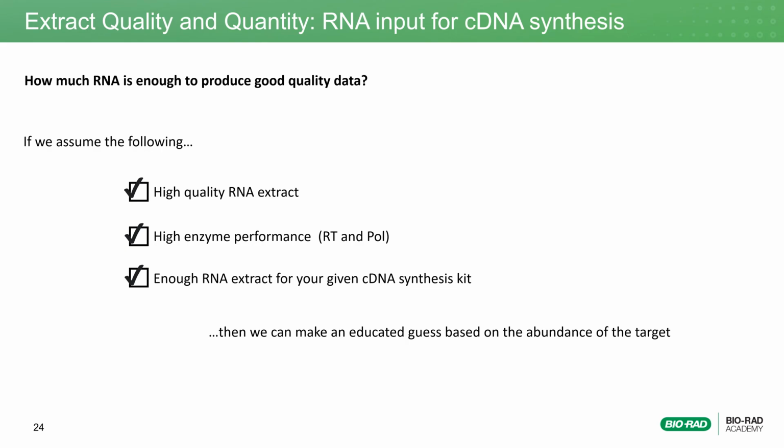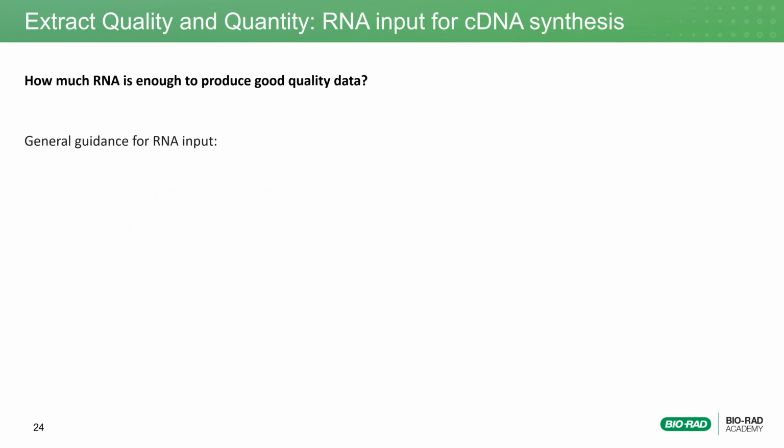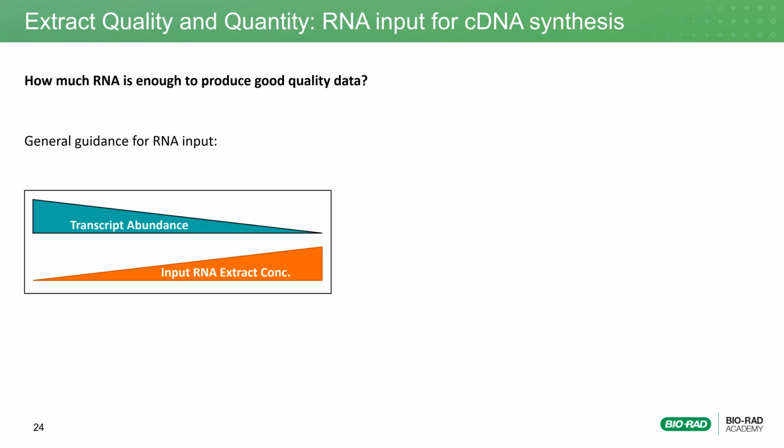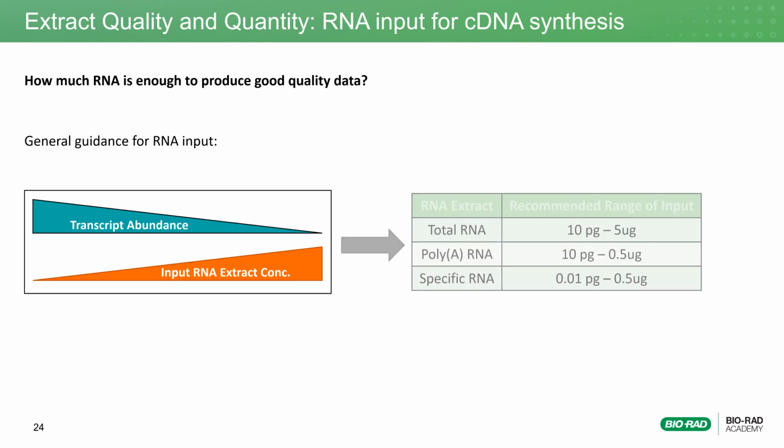Keep in mind that the process of choosing the correct RNA input for cDNA synthesis can require some optimization. However, as a general rule, the higher the abundance of gene target, the lower the amount of RNA input is necessary, and vice versa. To exemplify this concept, take a look at some recommended RNA extract inputs for the various RNA biotypes. Notice that in an RNA extract sample comprised of all RNA biotypes, the gene target is likely low